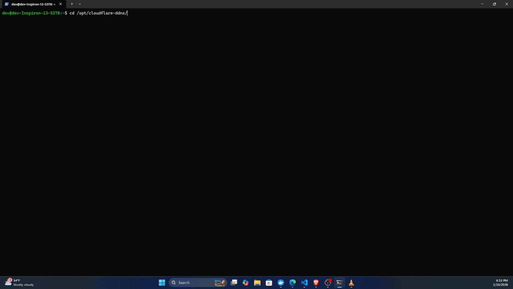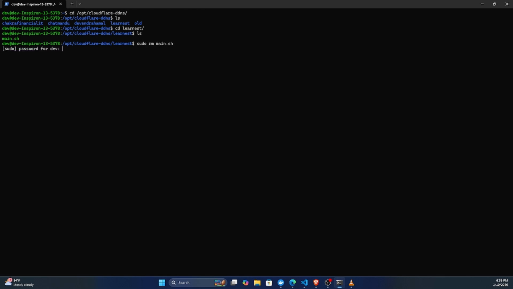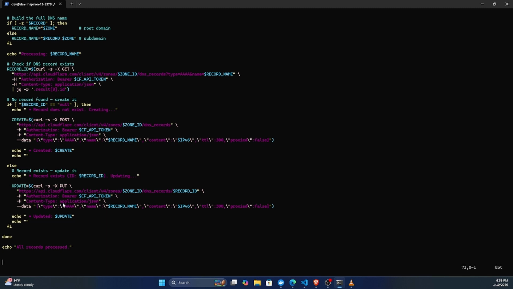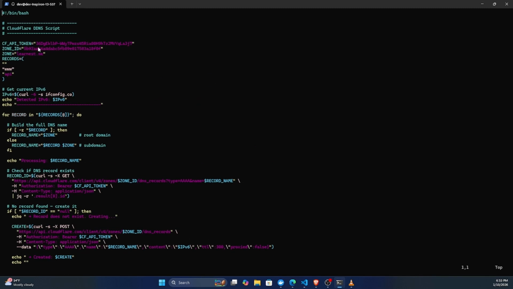So let me remove this. All right, I don't have anything here, so let me create a new sh file and paste my code here. What you're going to need is your Cloudflare API token, your zone ID, and your domain set here. And also you're going to need